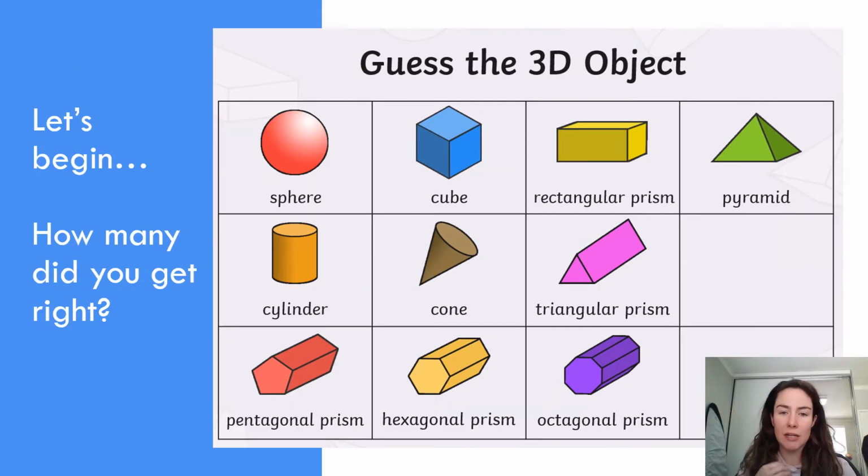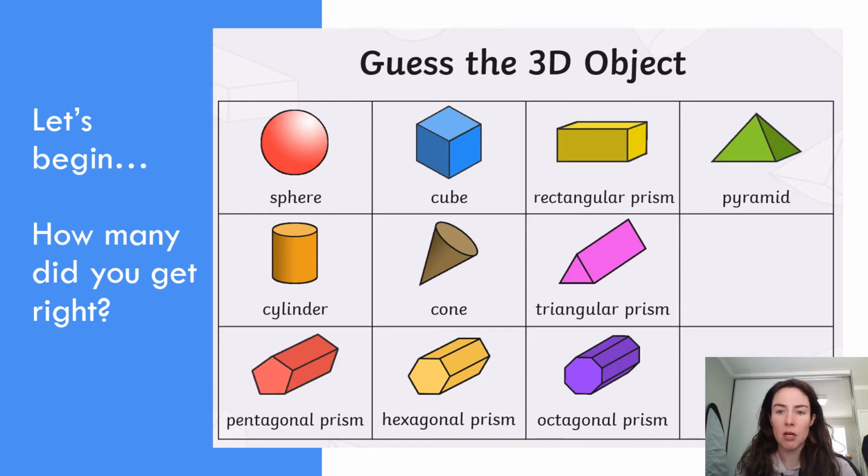All right, so let's have a look. The first one we have is a sphere. If you were thinking of the word circle when you saw this one, you would be correct. It is a circle, but because we know we're looking at 3D objects, it's actually called a sphere, because that is the name of the 3D object of a circle. The next one we have is cube,